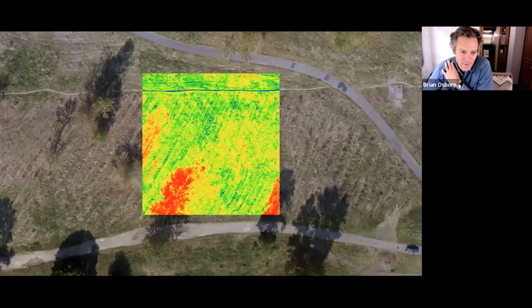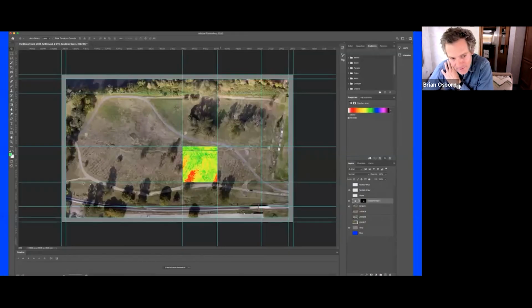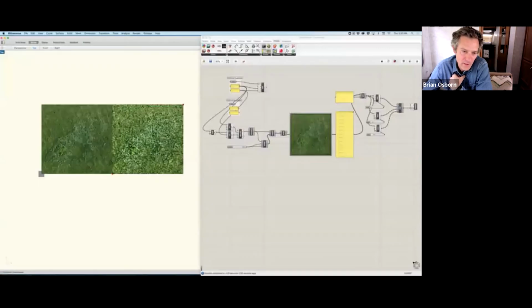I don't want to pretend that this is an actual multispectral image. All we're doing is mapping the aerial. At the moment, Michael has an approved grant for a multispectral camera, and so we're getting ready for it. We want to know what we're going to do with it when we get the information. But the idea is that we would tie that, like the other live drawings, back into Grasshopper.